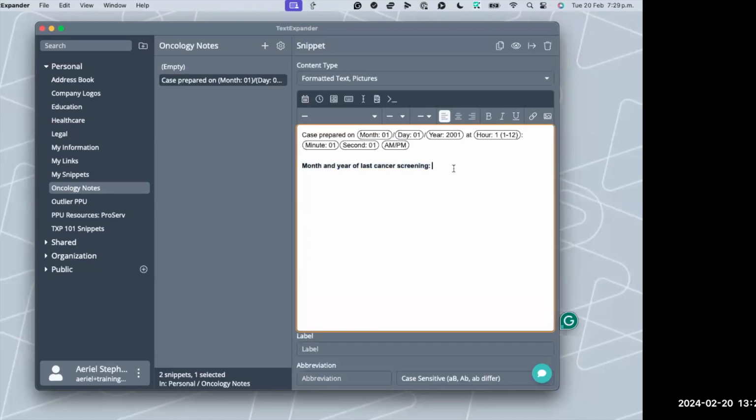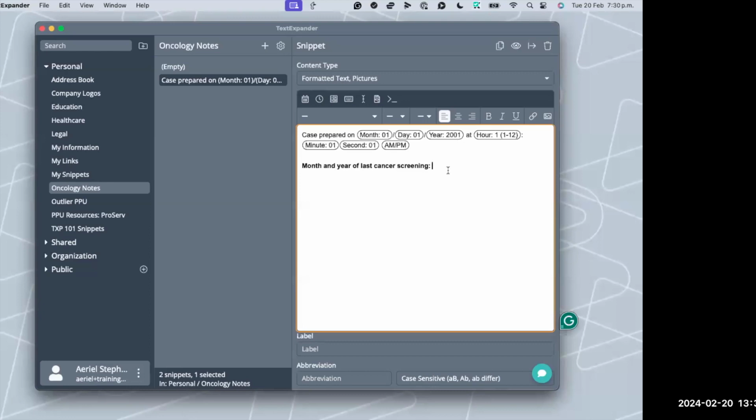So what I was trying to show you guys is I had previously mentioned that we don't have a native date picker. So above the date macro, it can pull the current date or time. And I'll show you in a little bit that you could also add a date or time in the past or future. But as far as being able to pull up a date picker and select some other random date, we don't have a feature for that right now. So the best workaround is going to be using pop-up menus, which is one of our types of fill-ins, to create a date picker of your own.